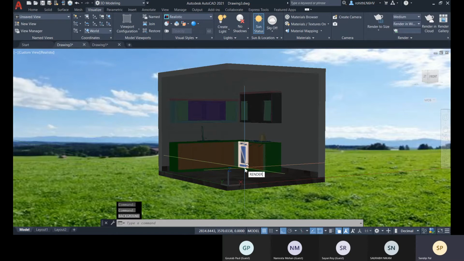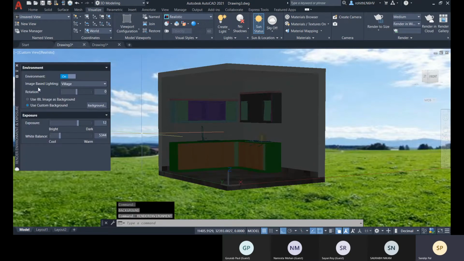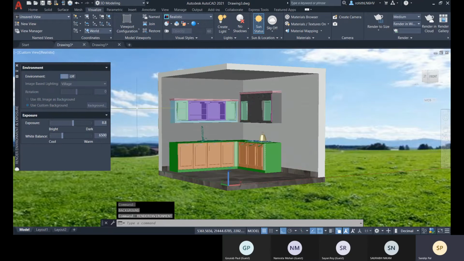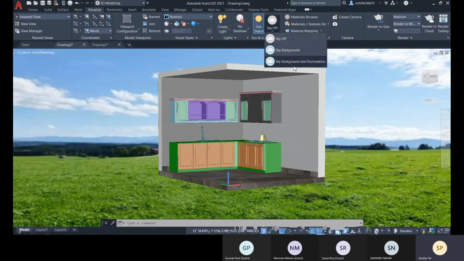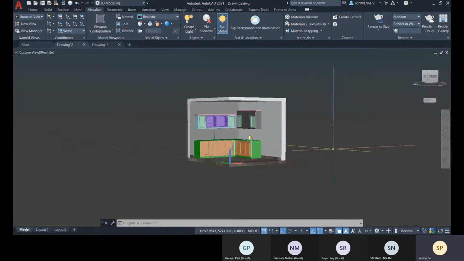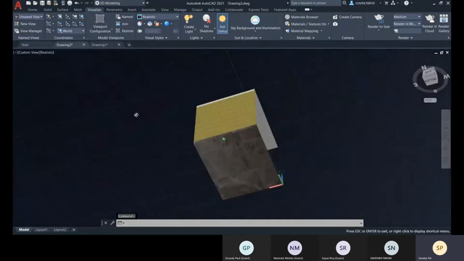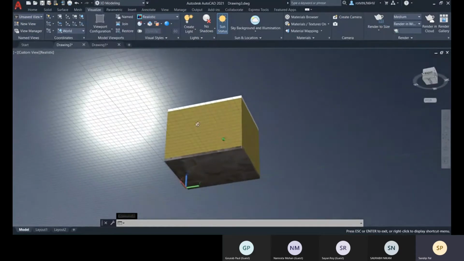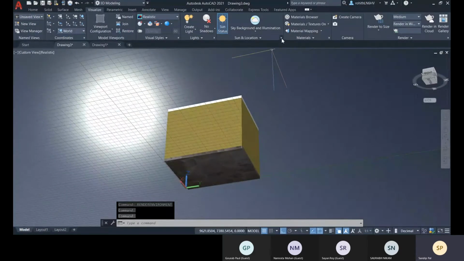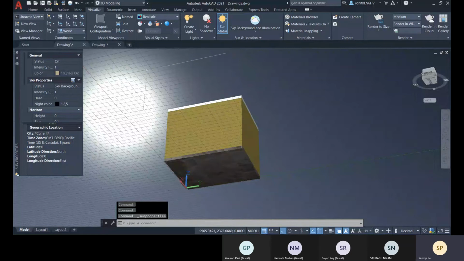The command is render environment. So render environment, let me turn this off now, and let me bring this sky background and illumination. Now there you see the sun is there, sun status is on, and you can change this sun.